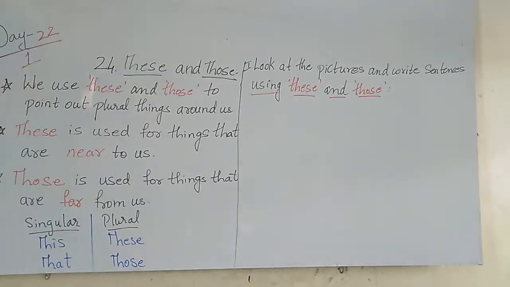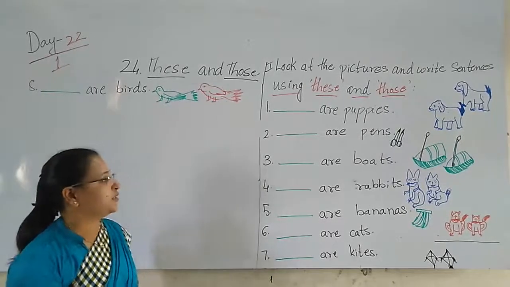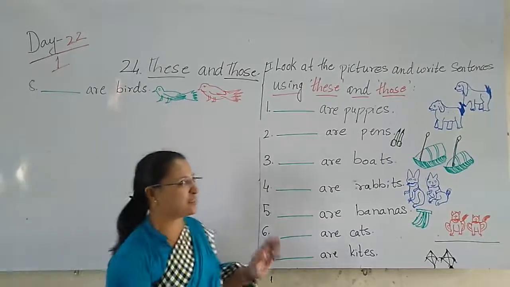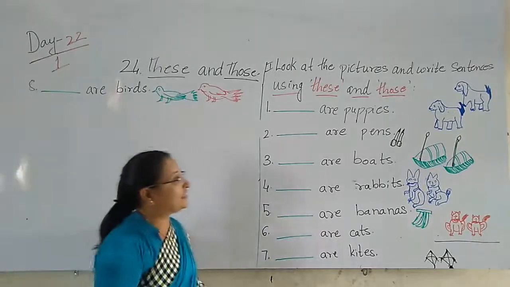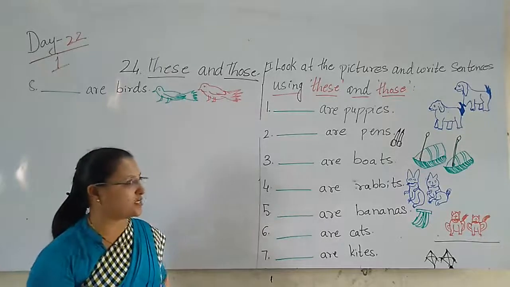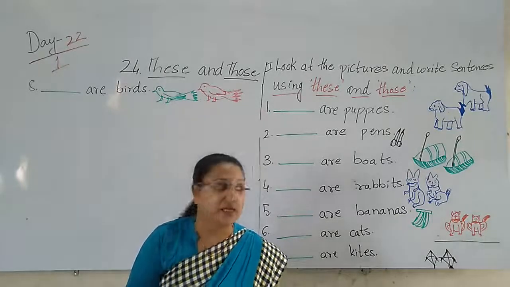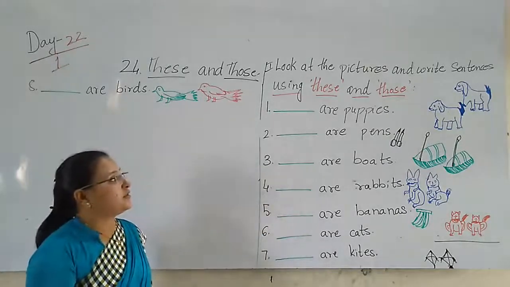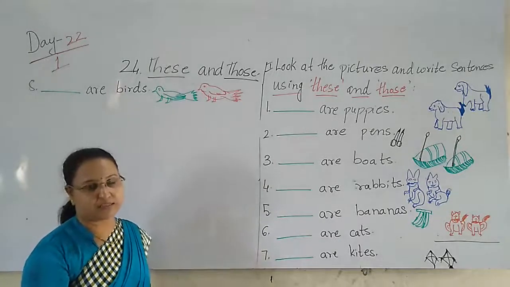Yes, children, we will begin the sentences now. Answers. Yes. Now you have seen I have drawn all the pictures on the board. Now see, the thing which is very near to us and when it is more than one, we use what? These. The thing which is more than one but it is far away from us, then we use